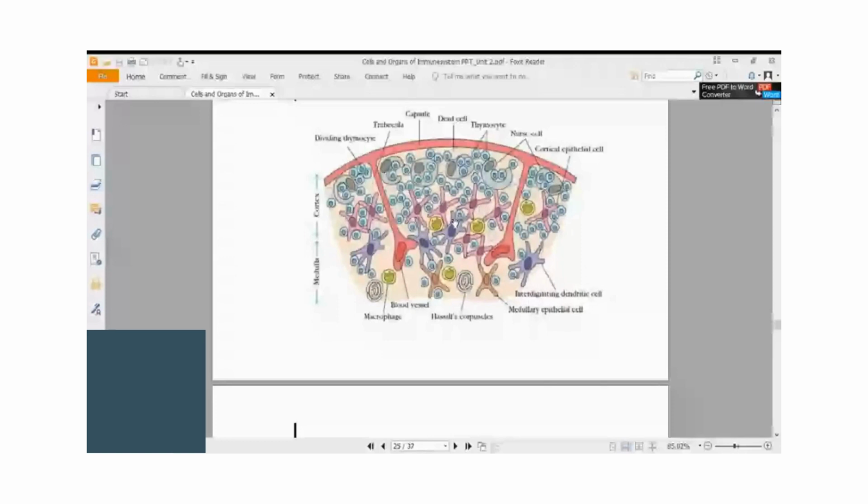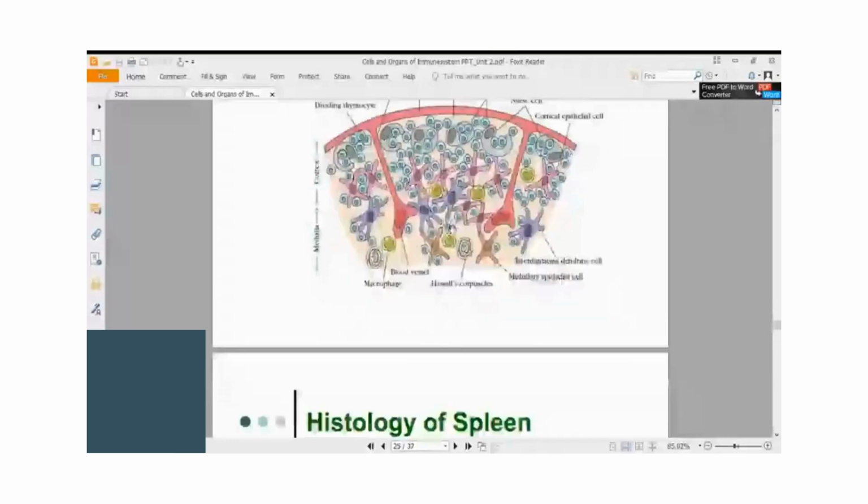Antibody production by the B lymphocytes is dependent on the T helper cells. Without the T helper cells, antibody production cannot take place. And if at all it takes place independent of the T lymphocyte help, then it will not be a long lasting